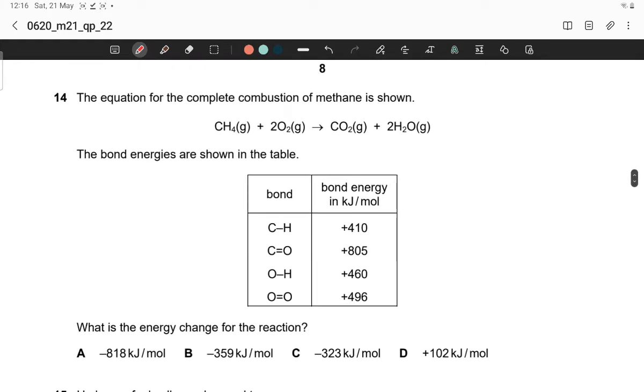The equation for the complete combustion of methane is shown. The bond energies are shown in the table. CH4 plus 2O2 to form CO2 plus 2H2O. What is the energy change for the reaction? Delta H is equal to heat of reactant minus heat of product. So CH4